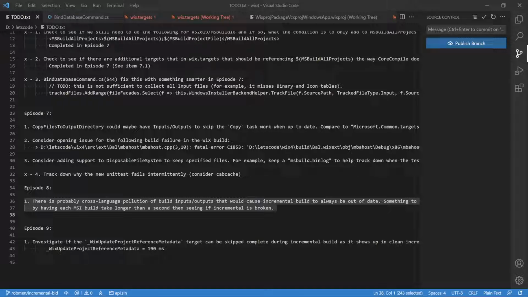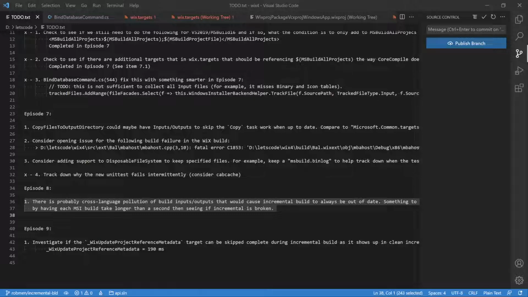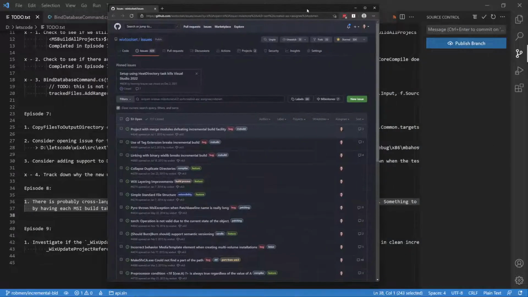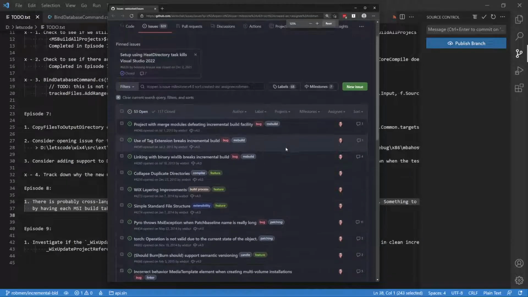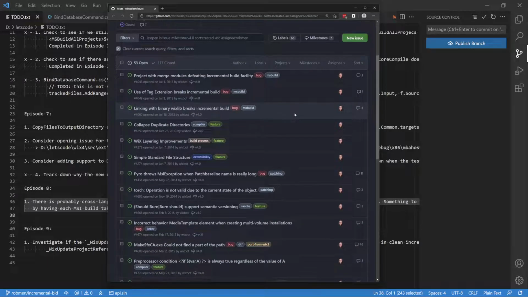After that, I need to bring up my issues. Let's see here if I can bring up all of my Wix 4 issues that I have remaining, so we can go back and look at what we're actually working on. If you remember, all of this is about these first 3 issues here at the top of my list. You guys have been on this journey with me trying to get rid of the oldest bugs that I have assigned to me in Wix 4, which also means there's a very high probability that they're the oldest bugs in all of Wix 4. Project of merge modules defeating incremental build facility, and linking with binary Wixlib breaks incremental build,